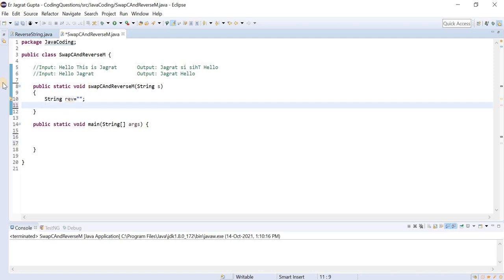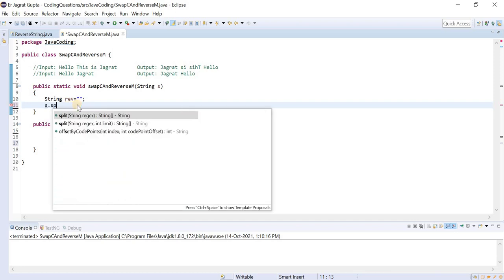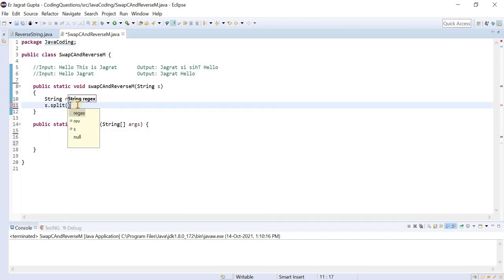So I initialize this string variable, and as the first step we need to apply the split function. We will apply it with the help of space, so that each and every word would be separate. Let me store it in a string array, like this.